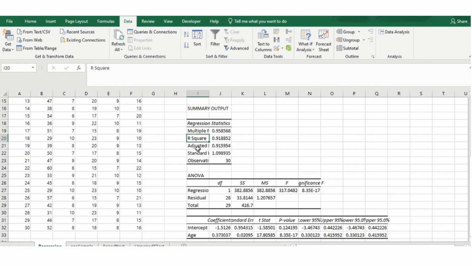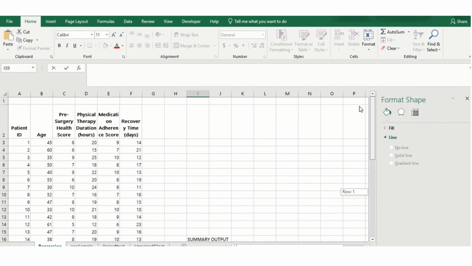So we have R squared and adjusted R squared. We'll use adjusted R squared because it has removed some errors and noise in our data. So we are not using the R squared, we use the adjusted R squared. This one tells us that age can predict or can explain 91